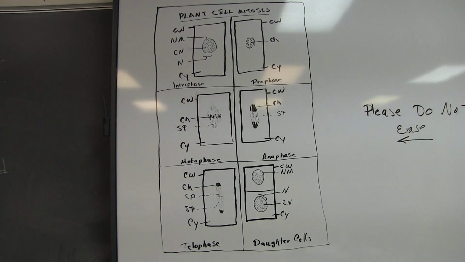This is how you set up your drawing page for exercise 3B, plant cell mitosis. So get your unruled paper and divide the page into 6 equal size sections as best you can. And it's all caps, plant cell mitosis, underline it. And then just draw your vertical line from the line it's under all the way to the edge of the